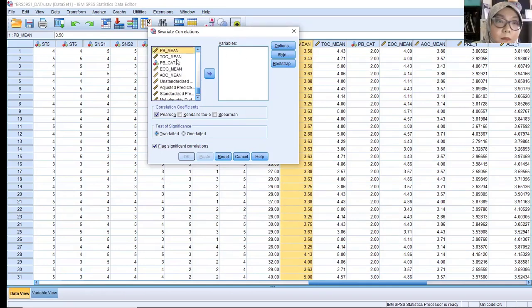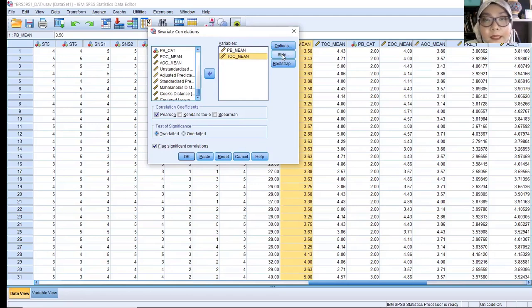So this one, PV mean and TOC mean. Basically, you can run the correlation for more than 2 variables, but since this is bivariate, I just show the correlation using only 2 variables. But in general, you can run more at one shot.